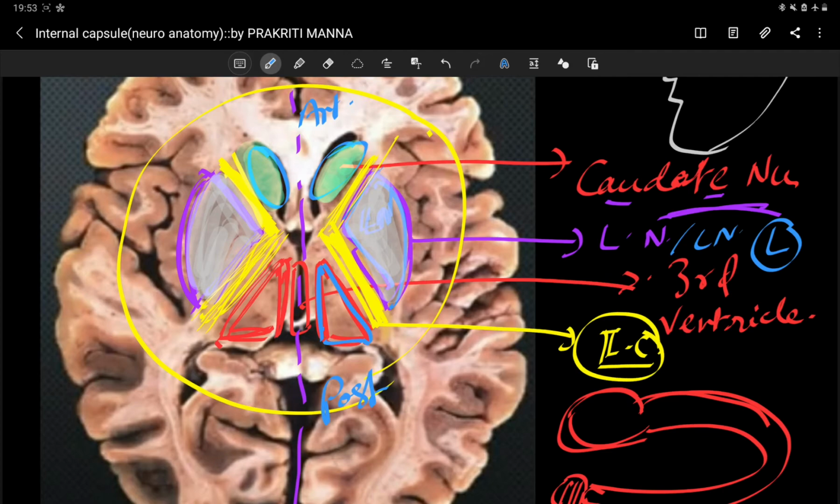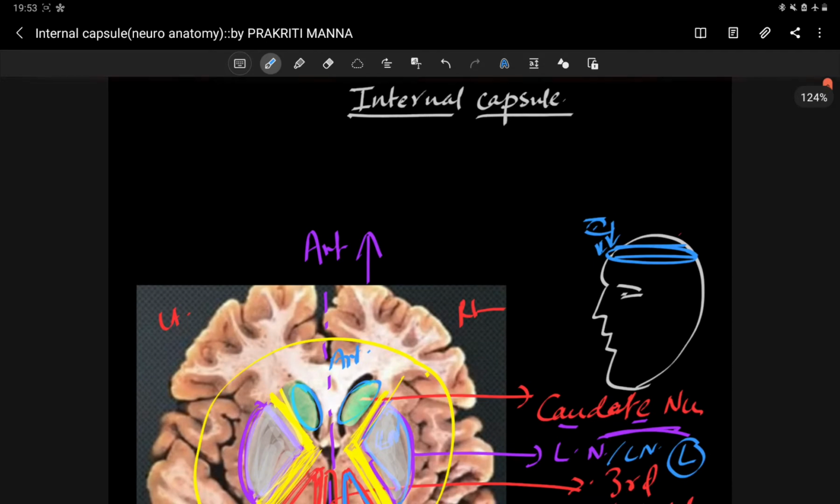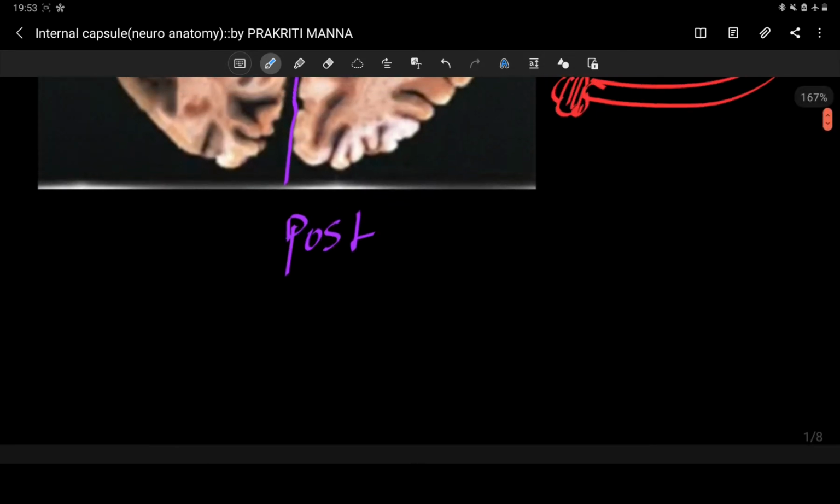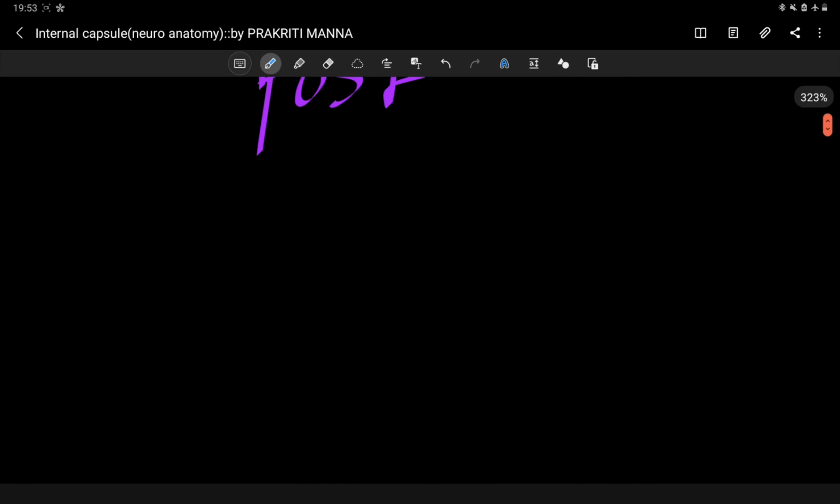association fibers. So what are association fibers? In the brain, three types of fibers are present. In these three kinds of fiber, one is the association fiber, and as an example of this, it is the internal capsule. So